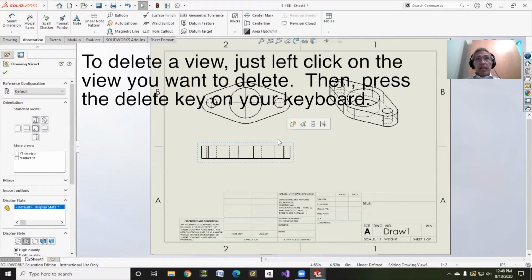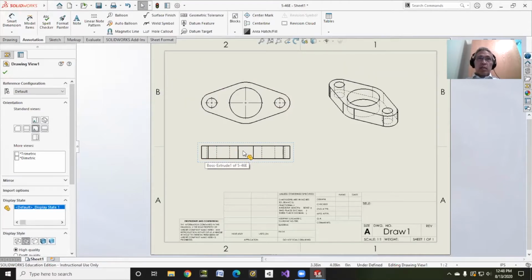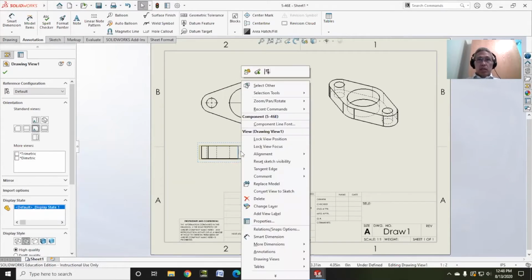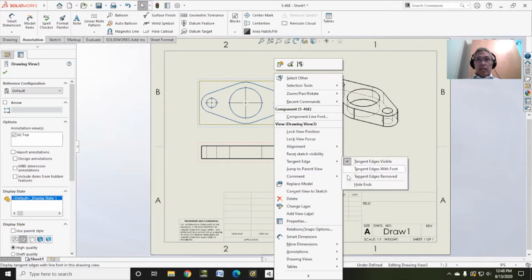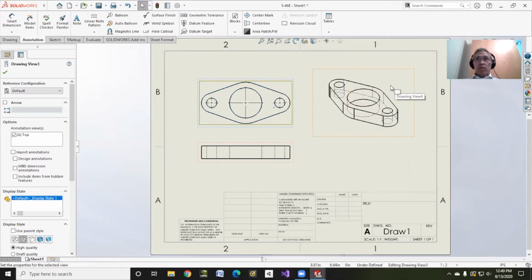Now, notice there are these funny little extra lines here. What they represent are tangent edges. A tangent edge isn't really an edge, but that's what they represent. So what we have to do is get rid of them. I'm going to right click on this view, come down to tangent edge and remove the tangent edges. I'll right click on the top view also, and the tangent edge is removed. Now I could do that on the perspective view,